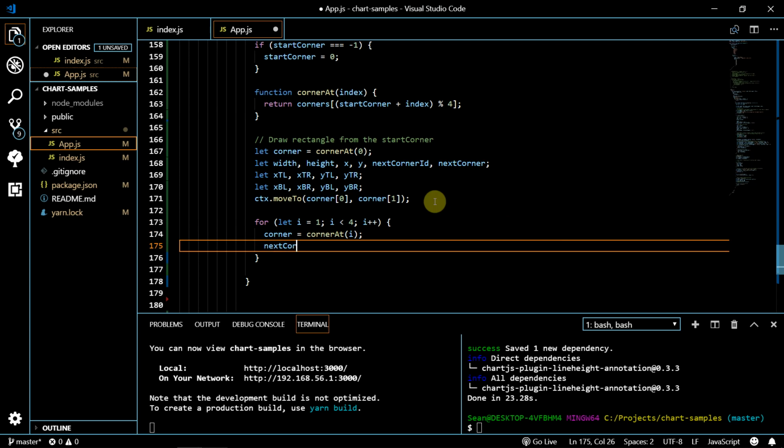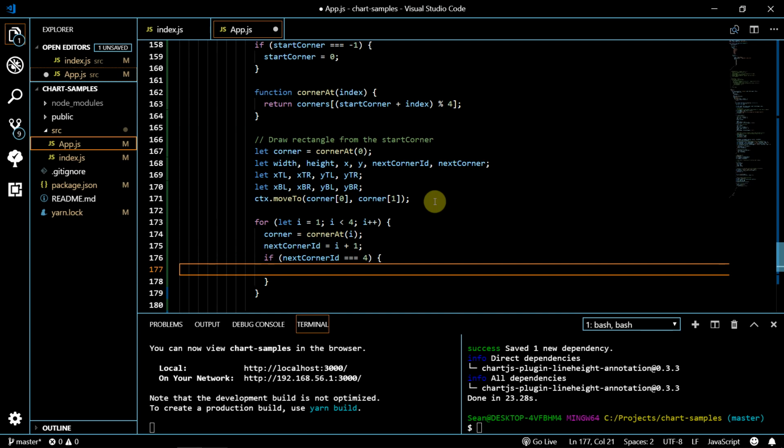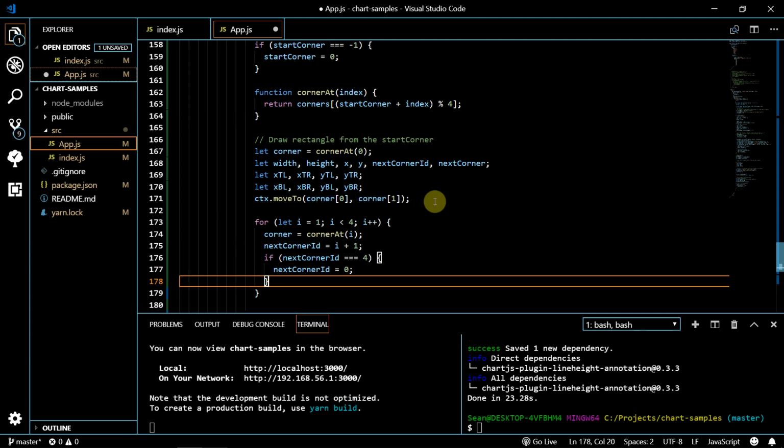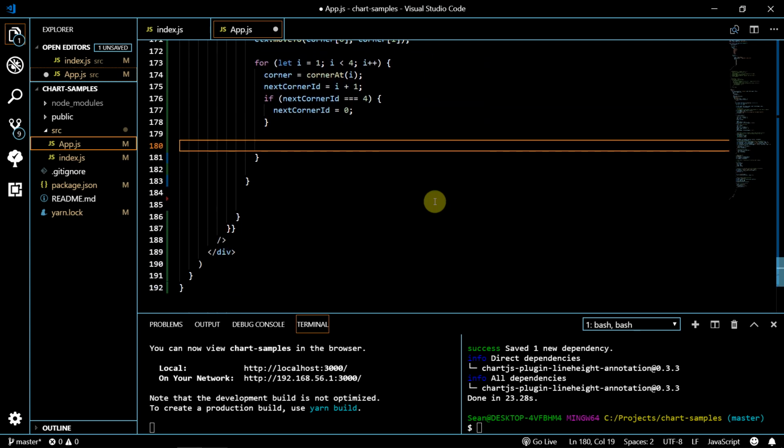The next corner ID is going to be equal to I plus 1, so that's the next one. So we need to draw to the next one. So if the next corner ID equals 4, then next corner ID is 0, because we need to make a full rectangle, so we need to go back to the beginning. So what I'll do is I'll just scroll down a little here. So we're going to say that the next corner is going to be corner at the next corner ID,